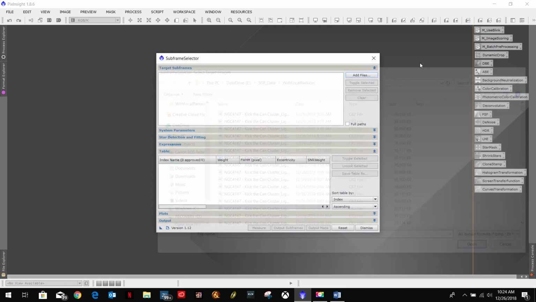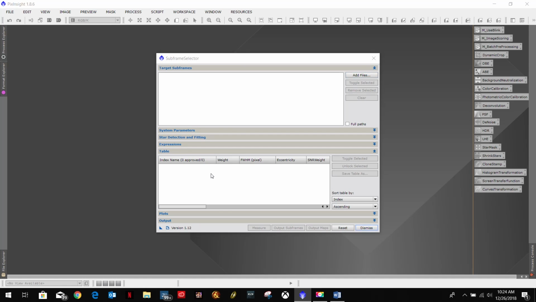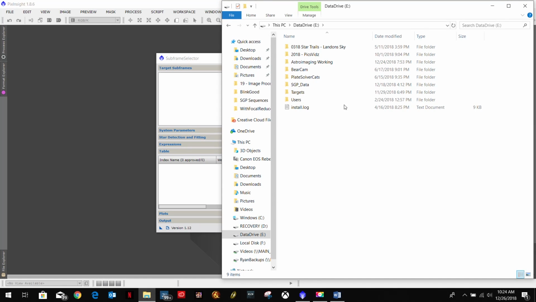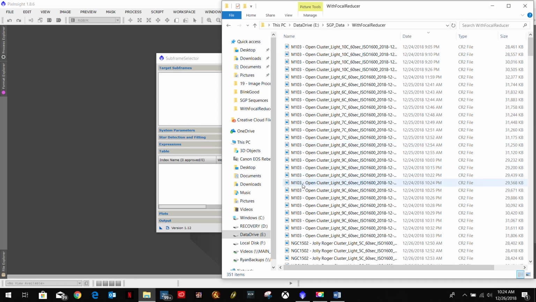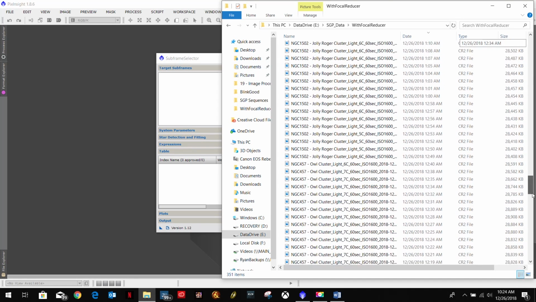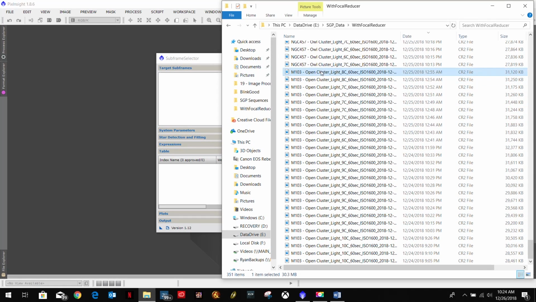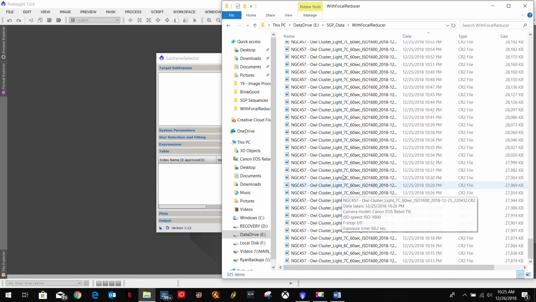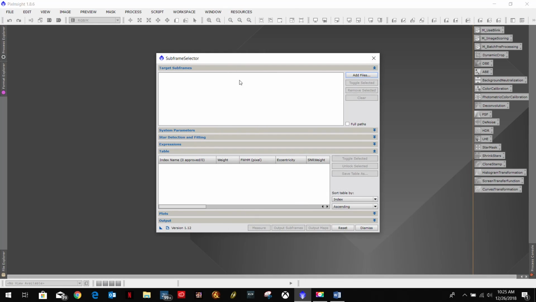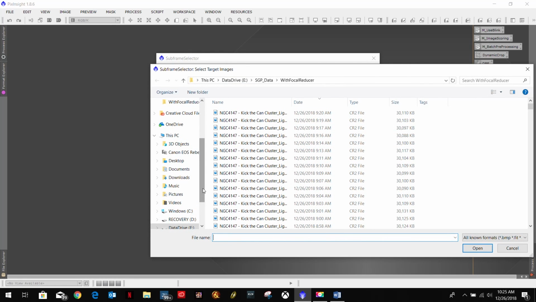But before I do that, let me go back into my folder, simply because I like to keep my data clean. And these did not get moved over to my NAS. This is what my SGP stored directory, where it dumps everything during the sessions. So these did not get moved. I considered these bad, so I'm going to go ahead and delete those. So now I'm going to point over to my NAS,